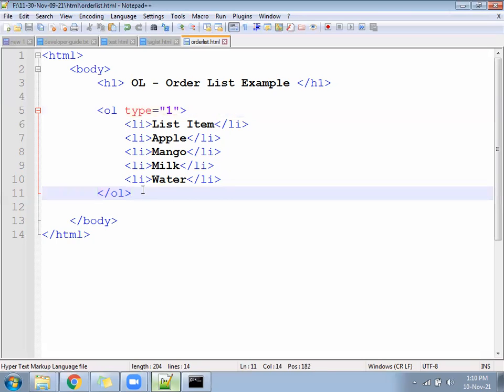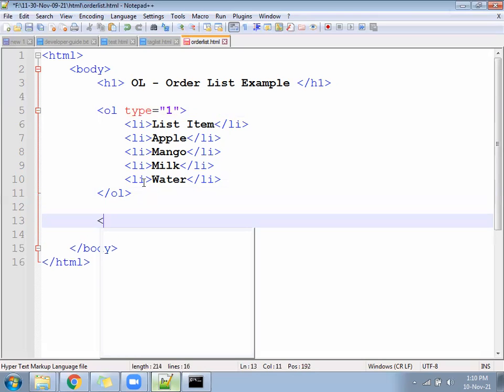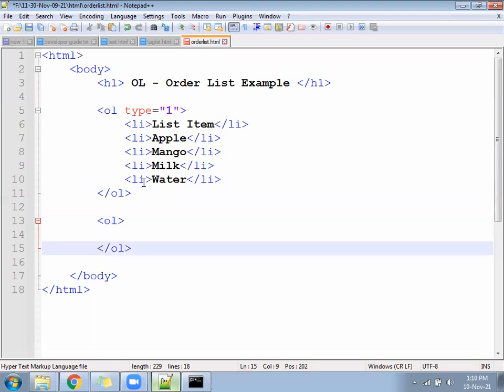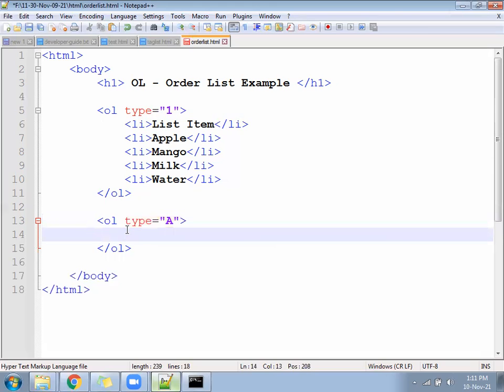Next, come down below, write the next OL. OL type equal to capital A. It will give you again order only, but alphabetical order: A, B, C, D, also in uppercase.